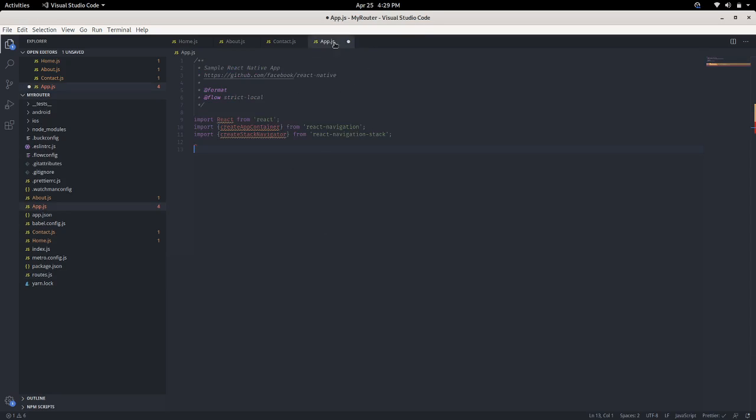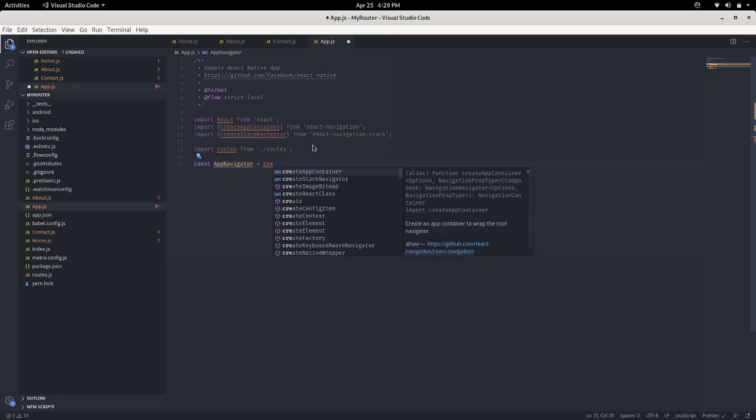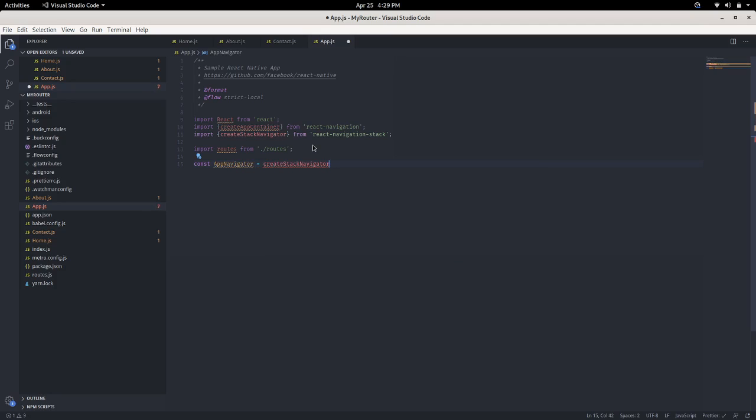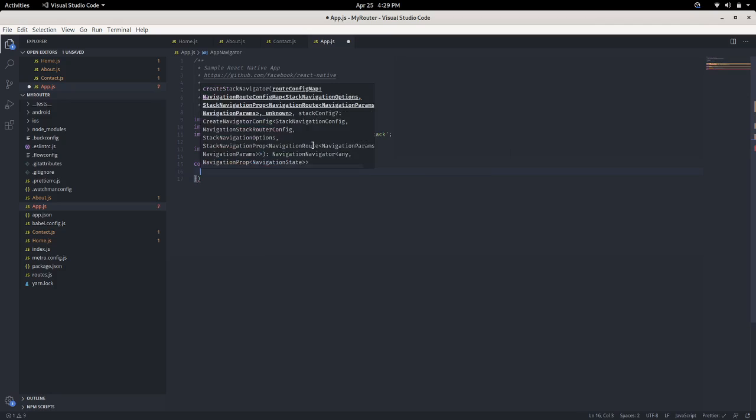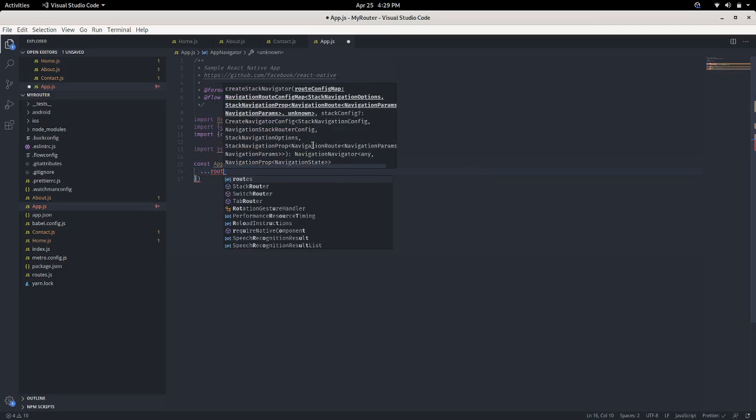Now we will import this routes file over here, import routes from ./routes. Now we will create an application navigator. Here we will use a stack navigator. So const appNavigator equals createStackNavigator, and we will define routes over here.